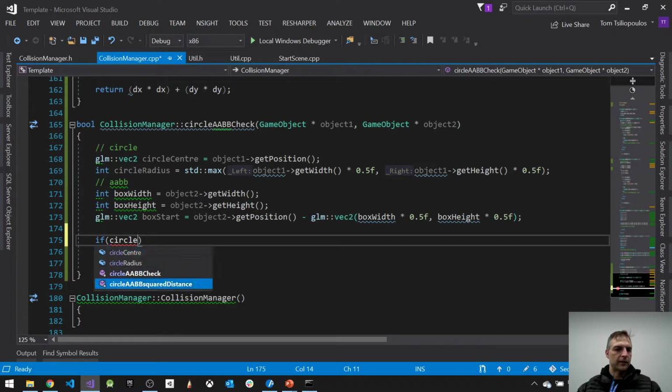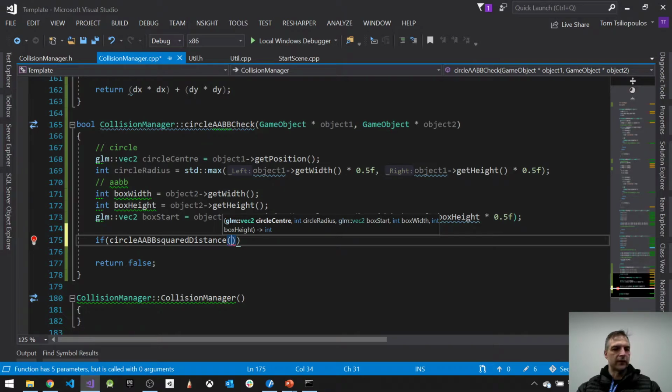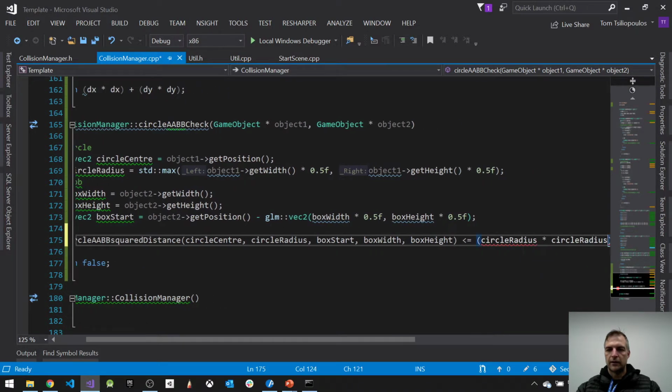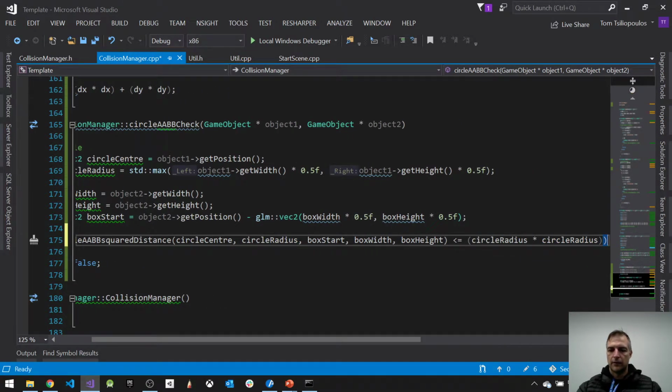circle AABB square distance, this one, and I'm going to pass in all those values. So circle center, circle radius, right? And then box start, box width, box height. I pass all that in there. If this is less than or equal to the square of the radius, right? So circle radius times circle radius, if that's true, then,